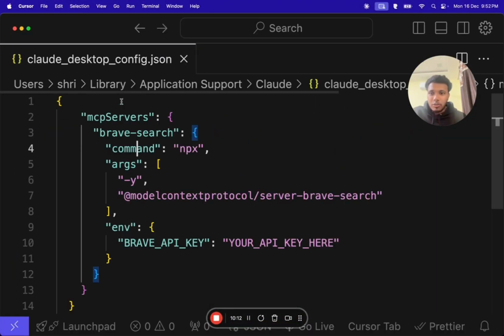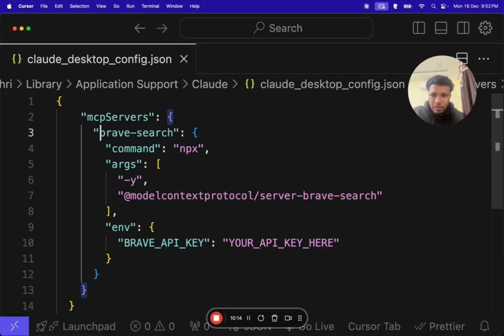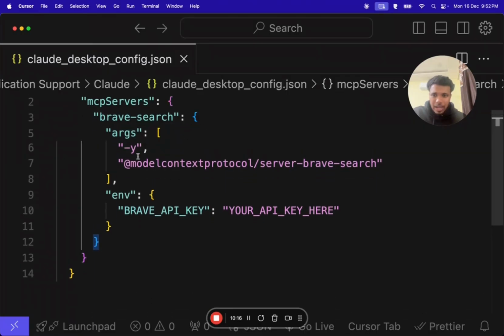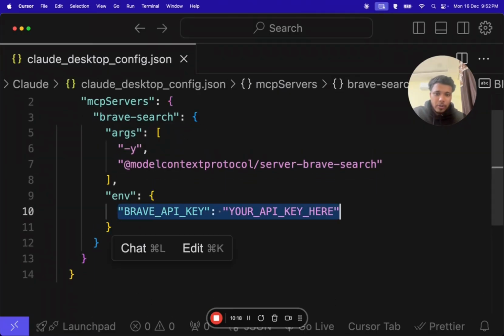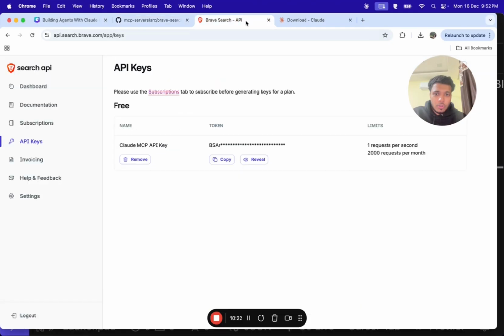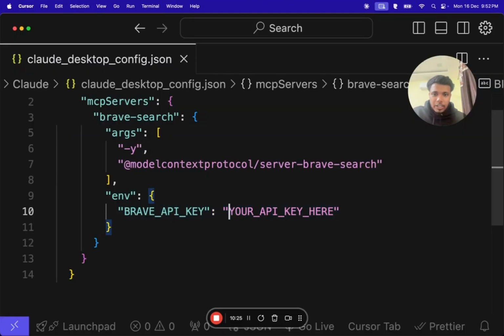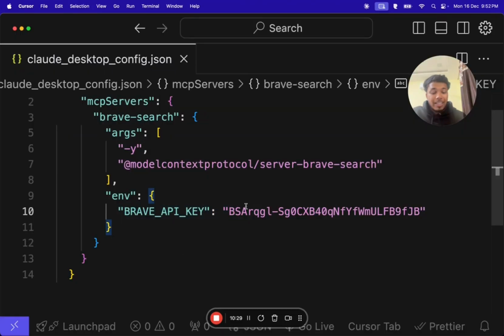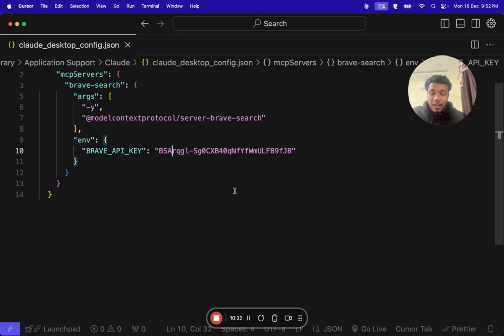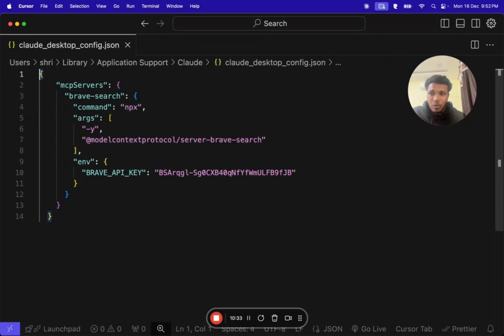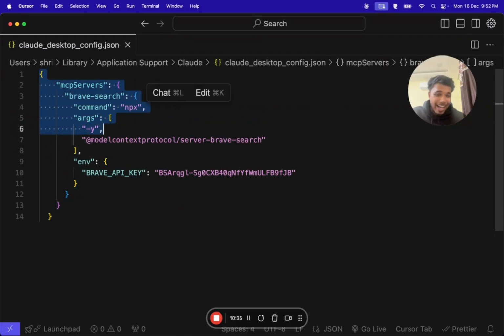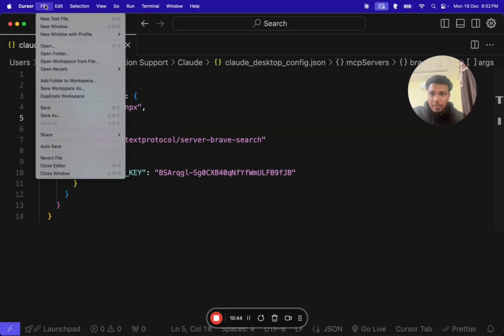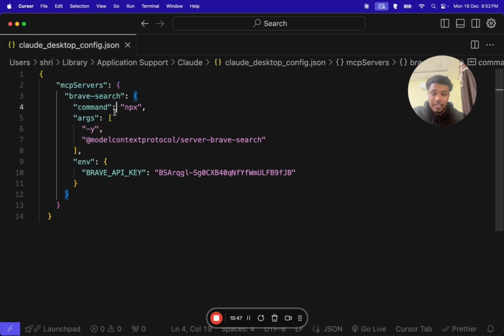If you have a look, this is what the code says: MCP server, Brave Search command, and then the arguments, and then this is where we need to add our own API key. So if you go to the API key copy, I just need to paste this over here. That's it, done. I know the code does not look good on the eyes, but trust me, this is going to get easy once you start implementing this. Once you save this command and click on save, it will save the configuration.